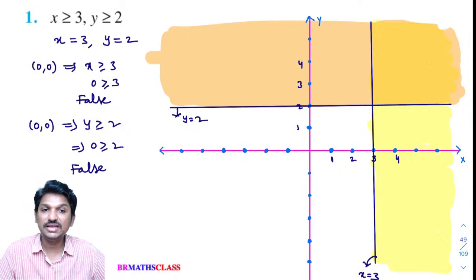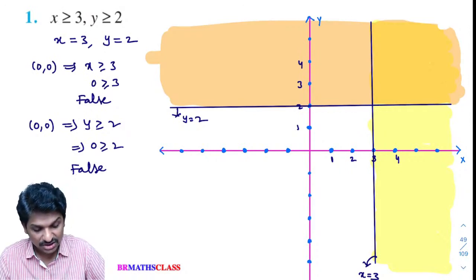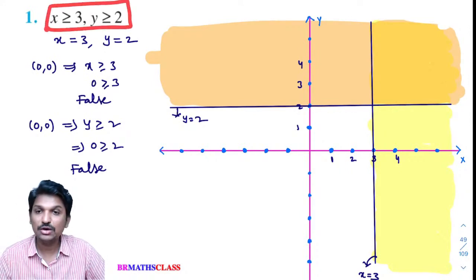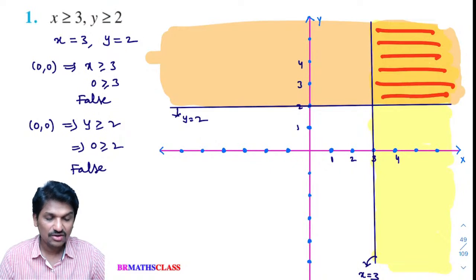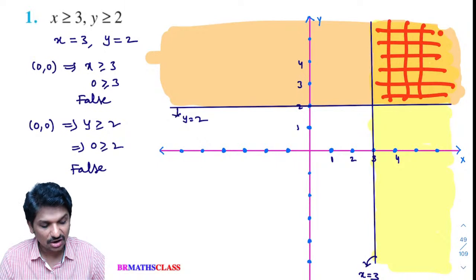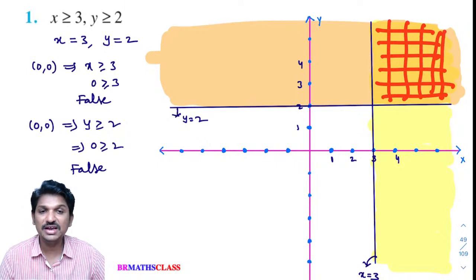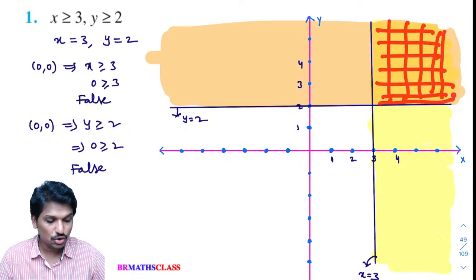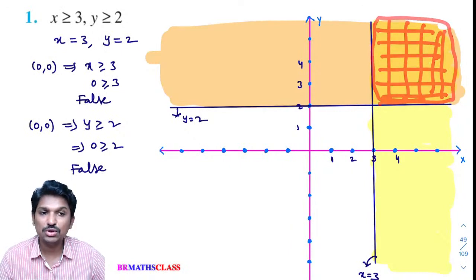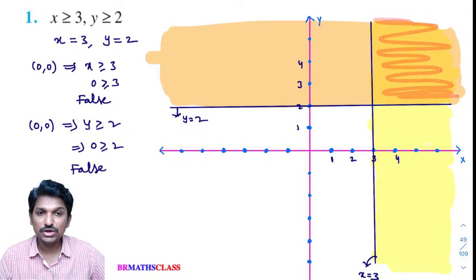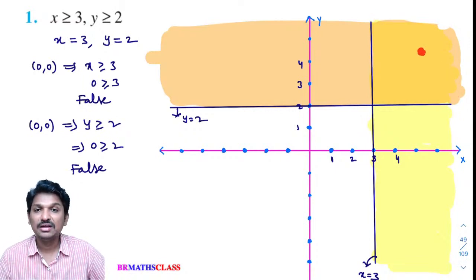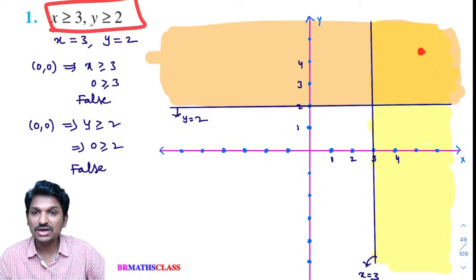Now, the important thing is what they are asking in the question. They are asking to solve these two inequalities. Which is the solution? You can observe this part is present in the first solution, and this part is present in the second solution also. I hope you can easily understand this. So this zone is the required solution. What does it mean? If you take any point in this area, that point satisfies both the inequalities.